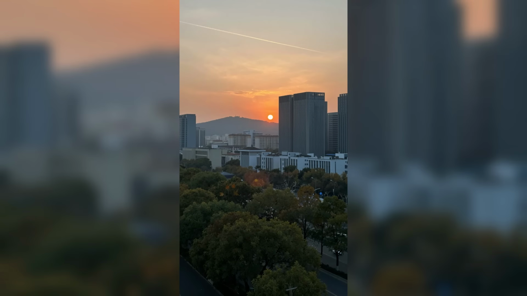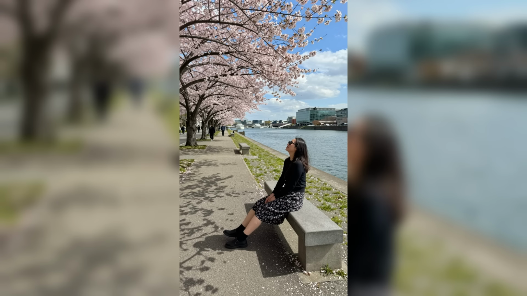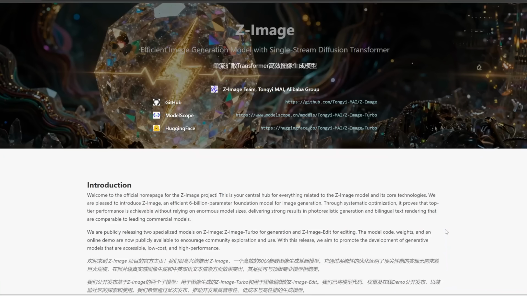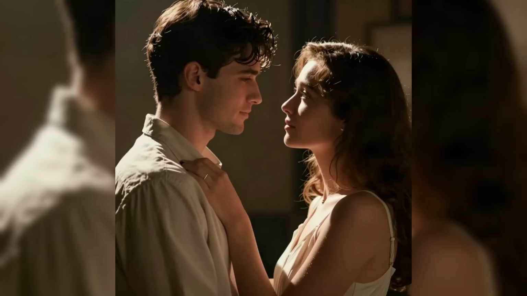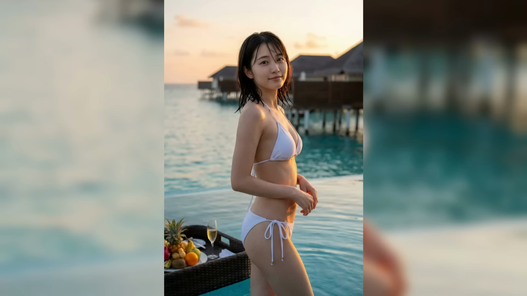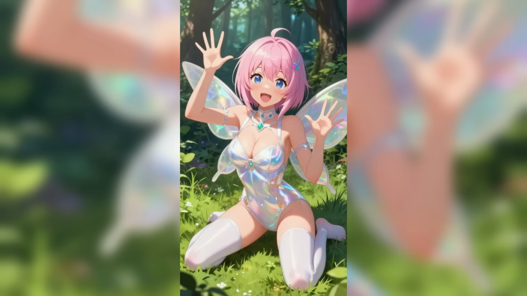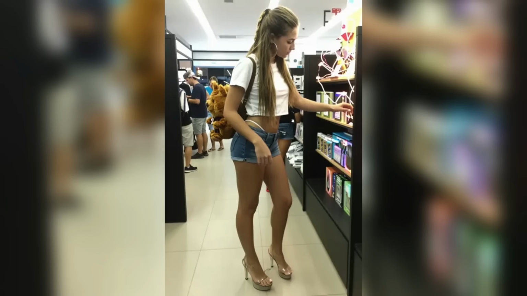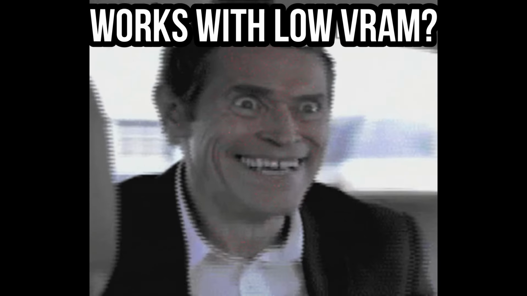This is now the best open source image generator you can use right now. It's called Z Image, and this has incredible world understanding, plus it can generate super realistic photos, and yes, this can also generate beautiful people and very uncensored stuff. This is also a super efficient model, so you can generate images in just seconds, even on like 4 gigabytes